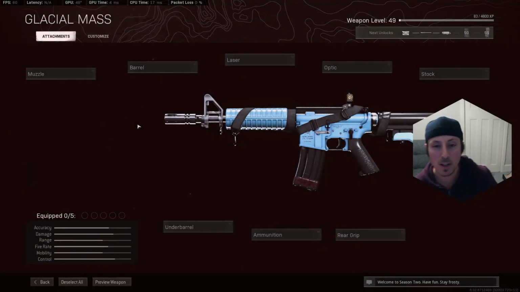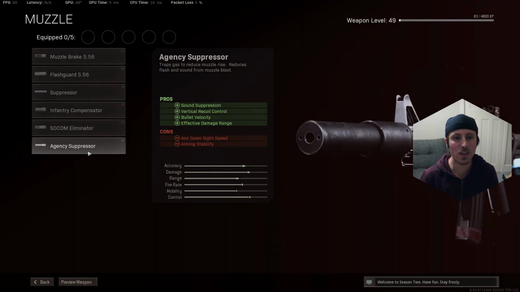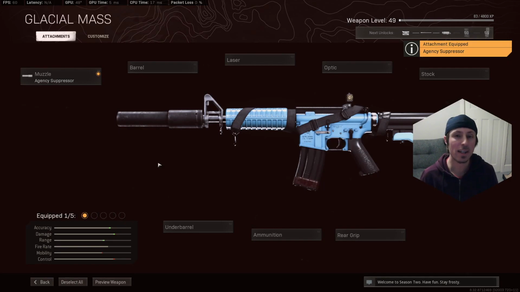So, the class setup. If you're going to be pairing this with a sniper, or if you're going to be pairing this with an SMG, there are 3 attachments that will be the same across both of those. Now that's the agency suppressor, due to the fact that it keeps you off the mini-map, it gives you vertical recoil control, increases your bullet velocity by up to 30%,